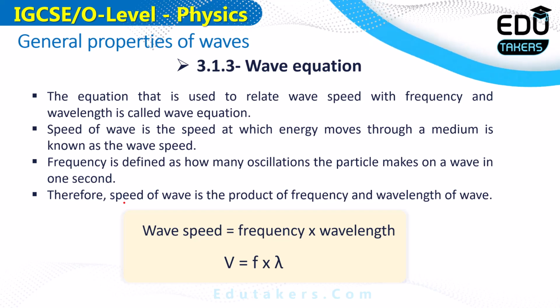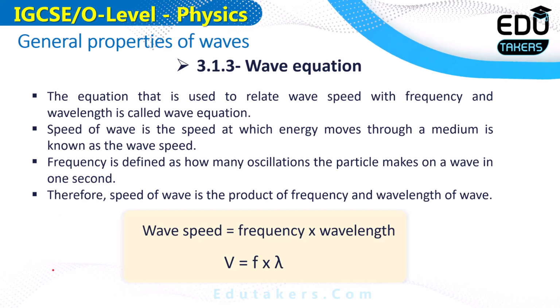I can simply say that the wave equation can be defined as the equation which is used to relate the wave speed with the frequency and the wavelength of the wave. How can you define the frequency? Frequency is defined as the total number of waves in 1 second, and the wavelength is basically the distance between two consecutive crests or troughs. The wave speed is basically the ratio of the distance traveled by the wave to the time taken to cover that distance. All of these three parameters combine to give the wave equation.